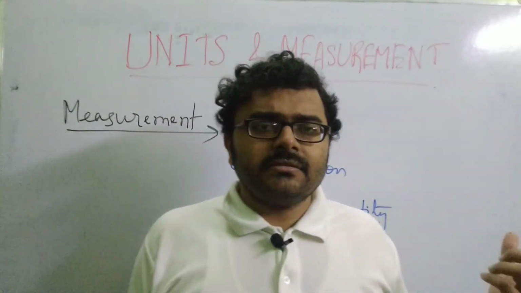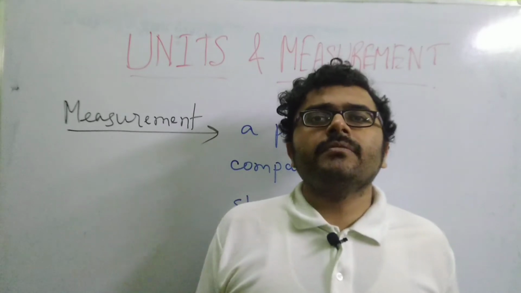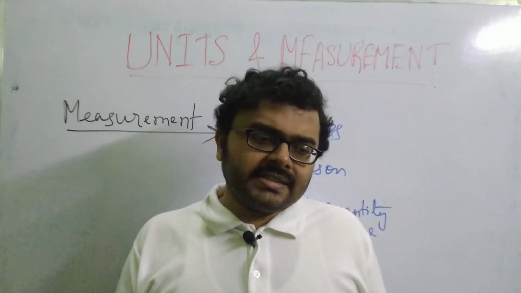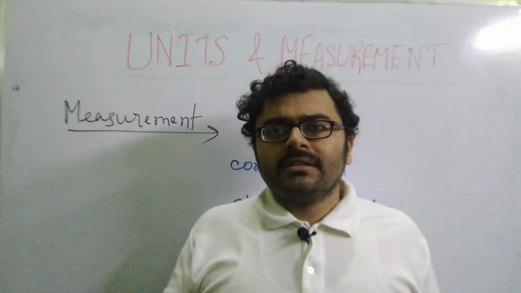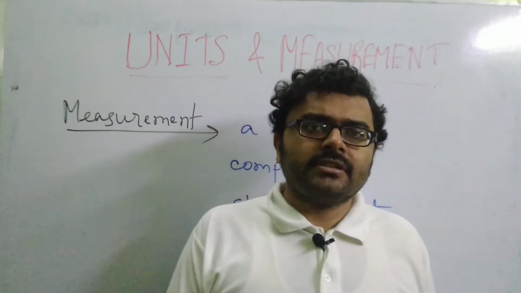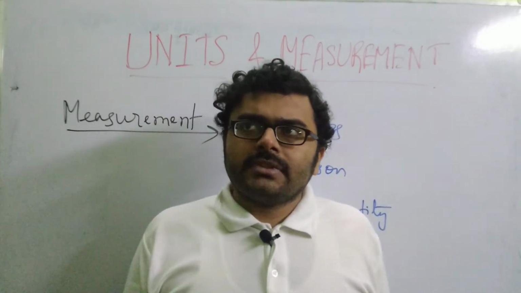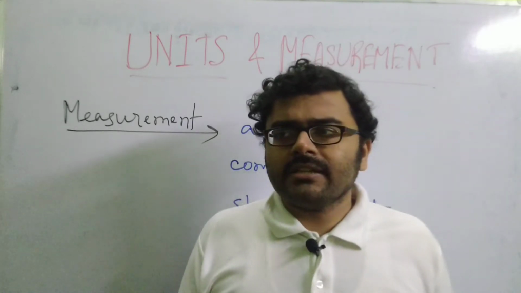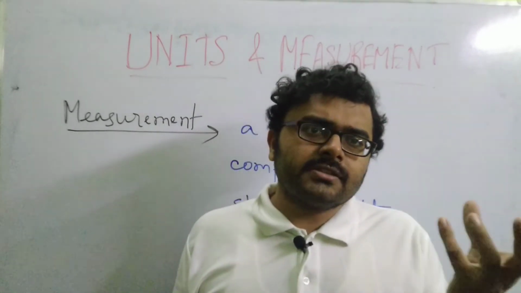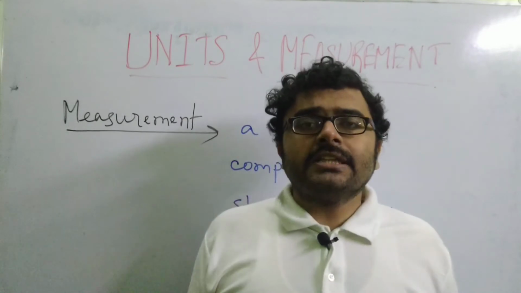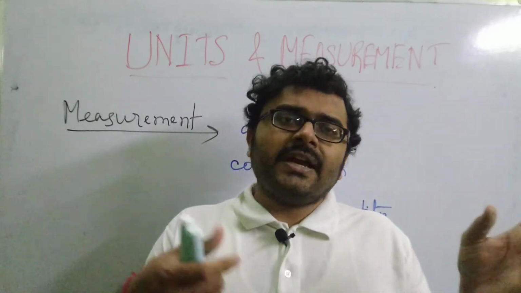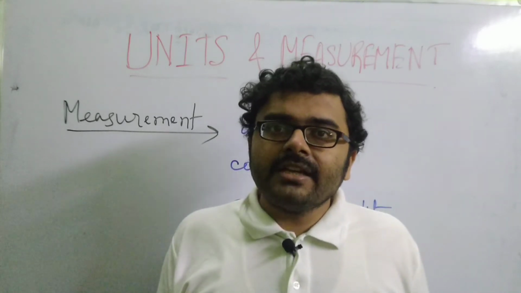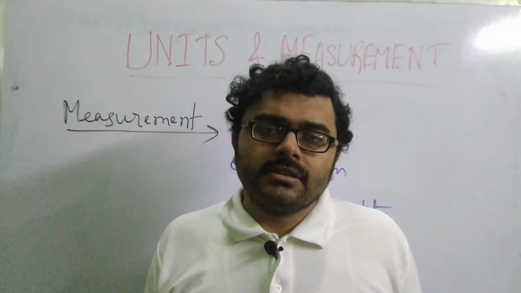Now, what does it mean, that same nature? When you are trying to measure the length of the rod, obviously you can take a piece of string and say okay, the rod is this many times the length of the string. But can you take, say, a certain mass of sugar and say that the length of the rod is say 5 times the mass of the sugar? No, that is not possible. So that kind of comparison is not valid, isn't it?